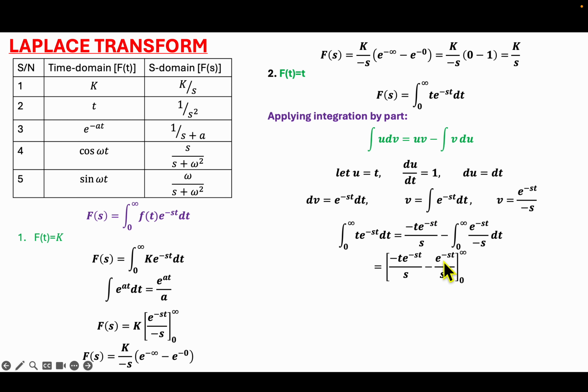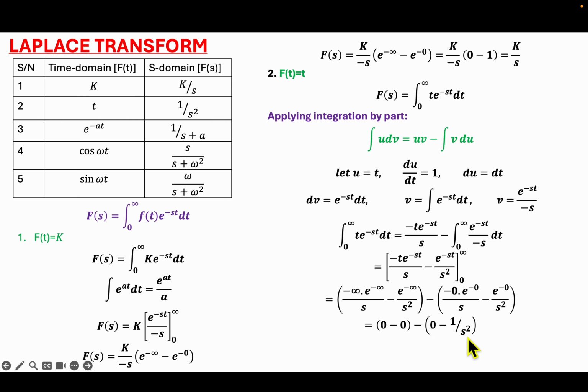So integrating the second part, because I already have minus s here, and integrating exponential of minus st will lead to another minus s, so I will have s squared. Applying the limits, I have to first of all apply the infinity part, then minus, I will apply the 0 limit. So solving further, I will have this,